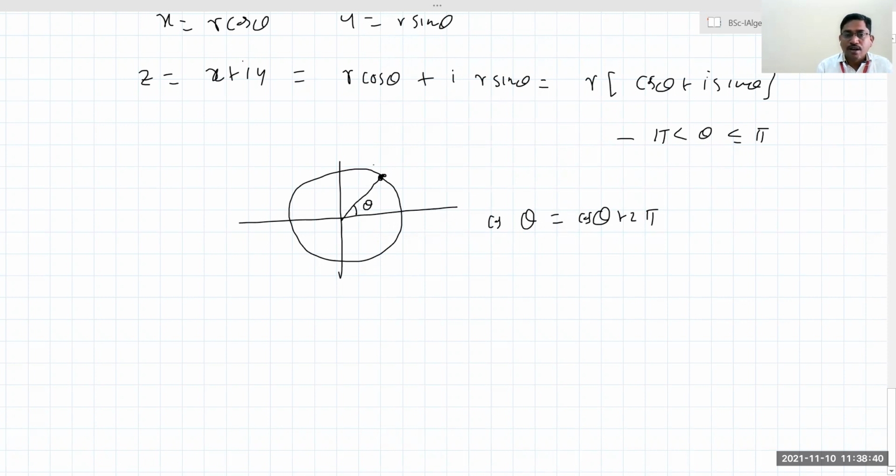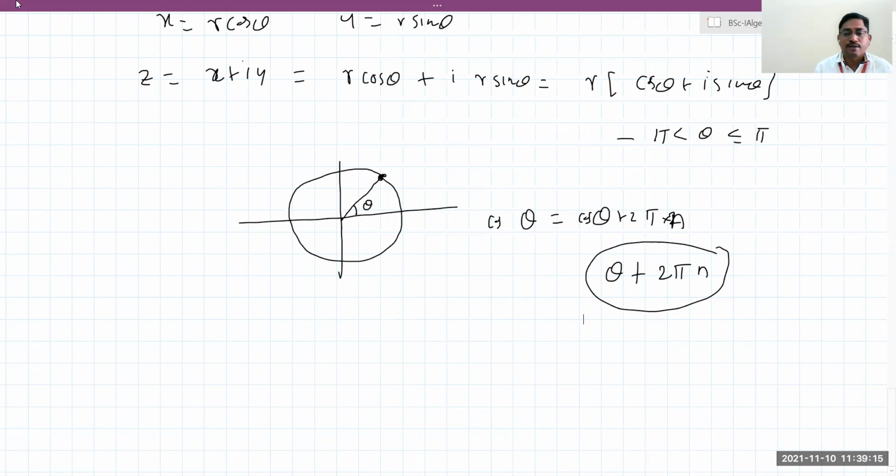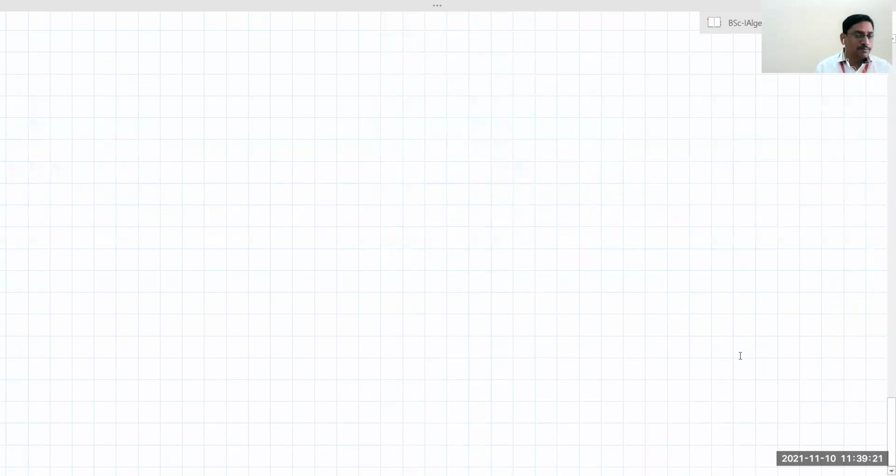So I can rotate n times. The first rotation is 1 time, the second rotation is 2 times, and so on up to n rotations. So theta is the principal value, and when you add 2 pi n, this value is called the general value of theta, because cos of this will be cos theta and sin of this will be sin theta, because both sin and cos are periodic functions having period 2 pi. First rotation, second rotation gives 4 pi, third rotation and n rotations give 2 pi n. So that is called the general representation of a complex number. Later I will define that general representation also. At present, just keep in mind the polar form of the complex number.